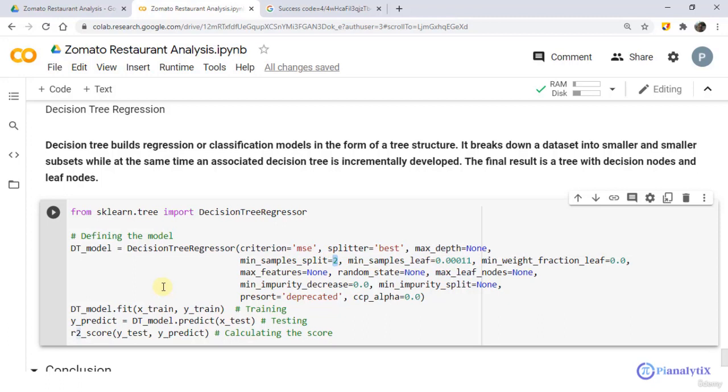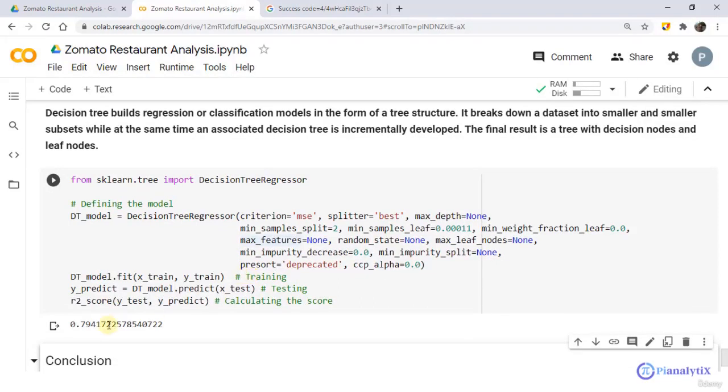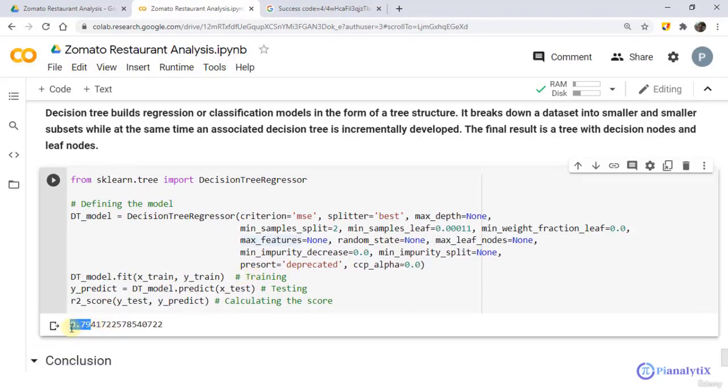You can use grid search CV or random search CV for tuning the parameters, but I have not used it in this case. Then we will fit that decision tree model on X train and Y train, predict on X test, and finally get our R squared error on Y test and Y predict. Let's run this cell. So here we got an R squared error of 0.79,